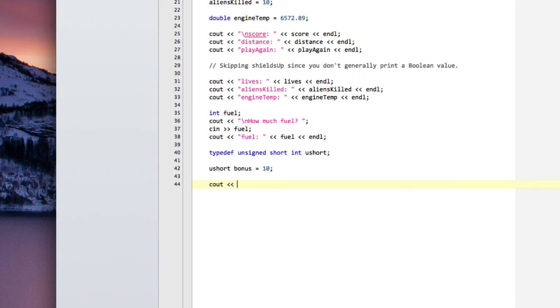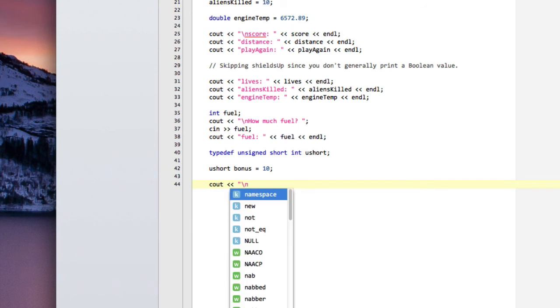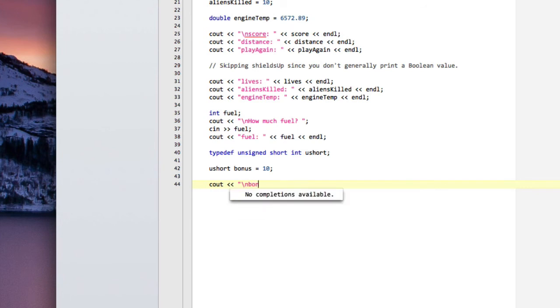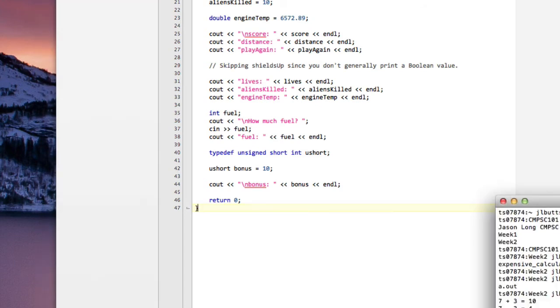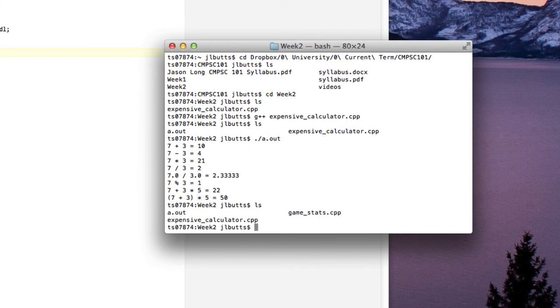And now we'll go ahead and display the bonus. End our line. Finally, we'll return 0 to exit our program and close my main function. I save my changes, and now